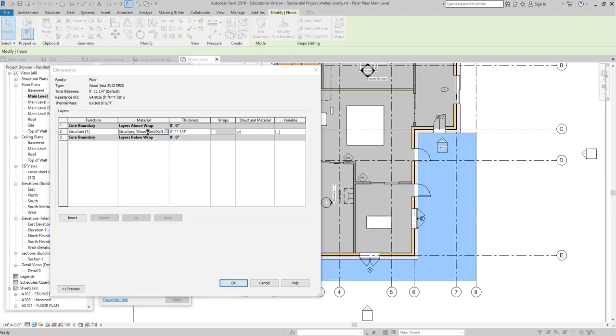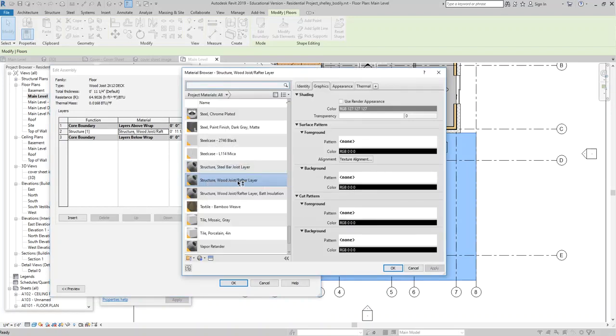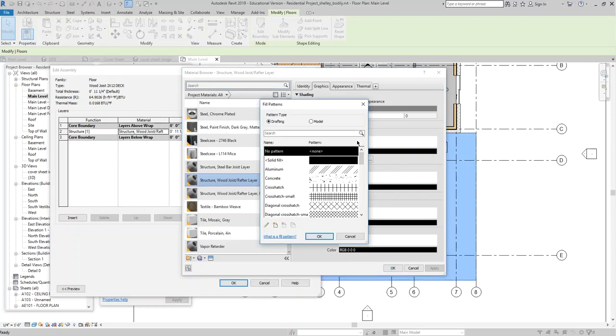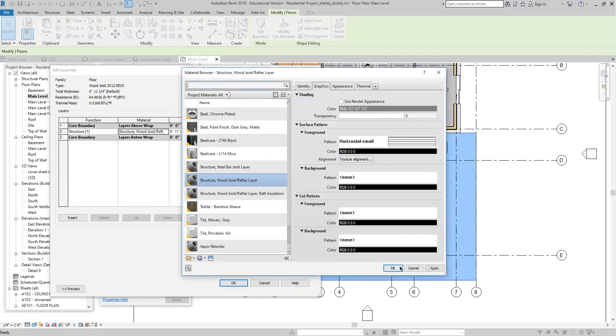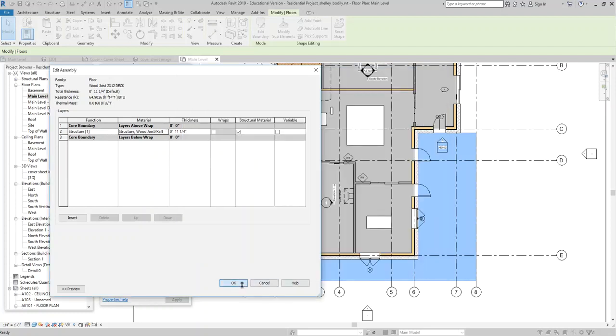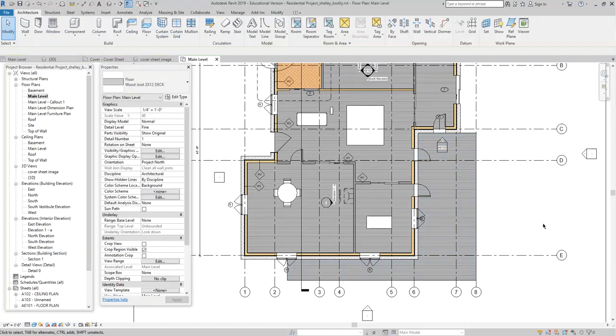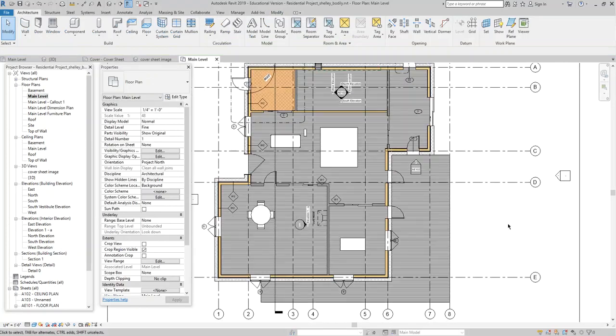I'm going to click on that material, and I look here at my material that is already existing. I can look over here at my surface pattern, right? And I don't see one. Okay, so I can click on my surface pattern, and I can find some horizontal lines here. There's some horizontal lines. Okay, okay, okay, okay, okay. And there we go. So I did get that pattern here as well